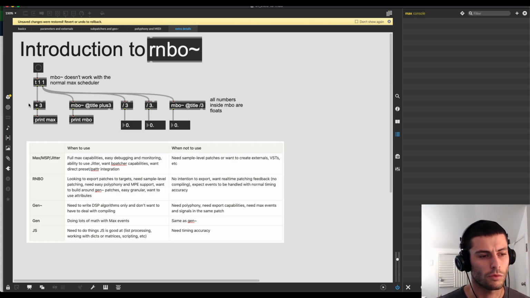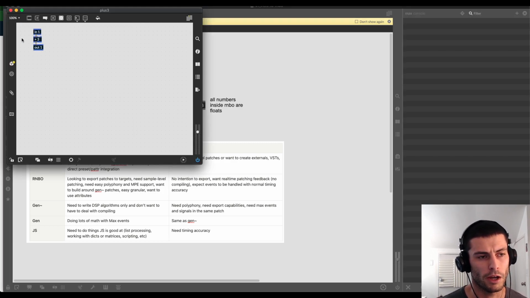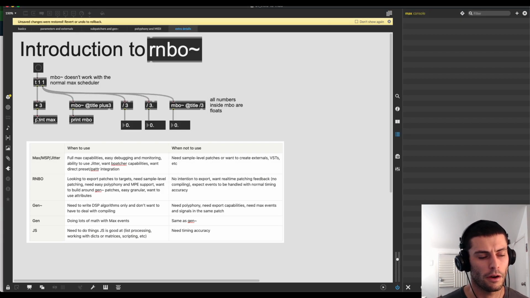So this is a really simple example that I've made here where inside the Rainbow patch, all we're doing is adding 3 to the input. And then on the left, I have the same thing just with normal Max objects. And the way that I have this patched, we're using a trigger object, which following Max's right to left event ordering rules, we would expect that we'd get the 1 here to be sent out first into the Rainbow patch, 3 to be added to that, and then we would see the value 4 printed in the console. And then after that, we'd get the value 1 passed through the +3 here, and then printed in the console. If I do that, you see we actually get the Max event first